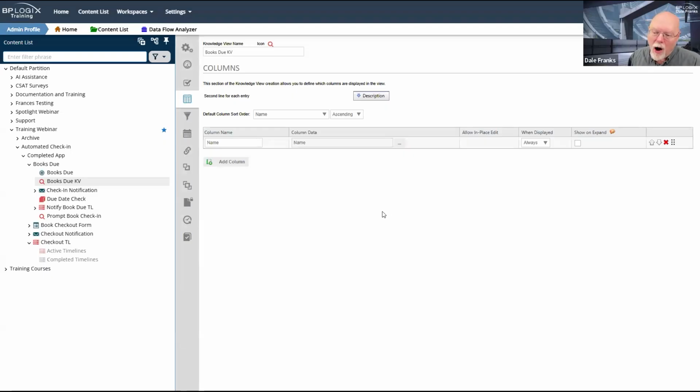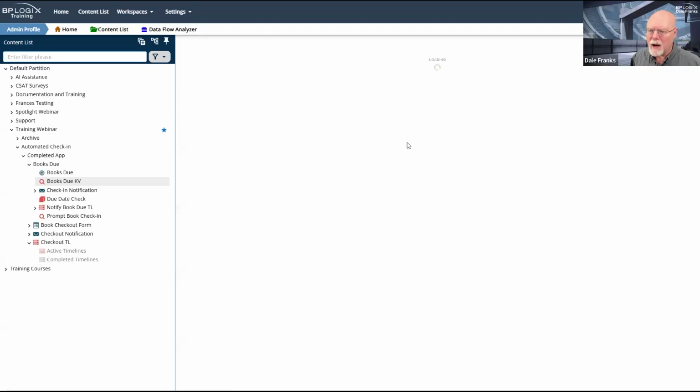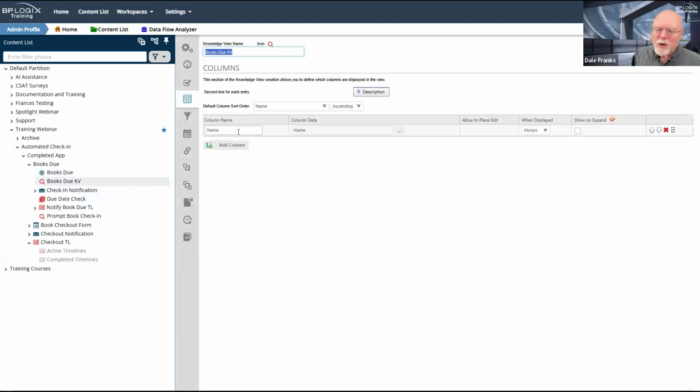On our columns, all I really returned is name. I just made it as simple as possible. I just wanted to return the name of the book, and then when I ran it, it would just open up the books. It's not going to return anything now because we don't have anything checked out. So it's going to be blank at this point, but I'm just returning the name. You probably would want to return the checkout date. The other things don't matter other than whether check-in has been prompted, because this is always going to return checked out books.